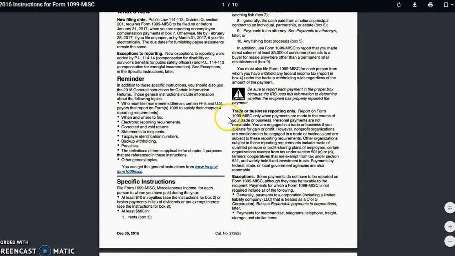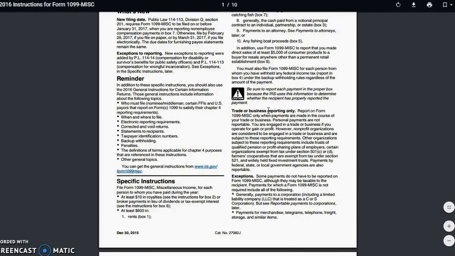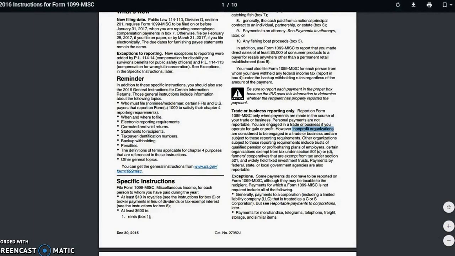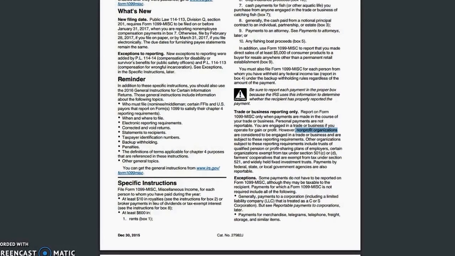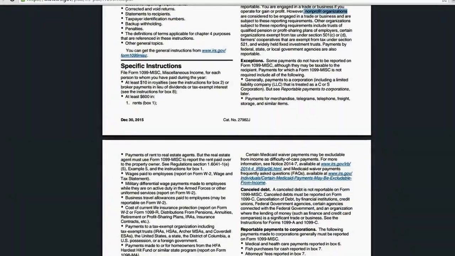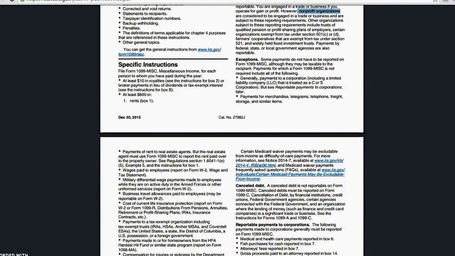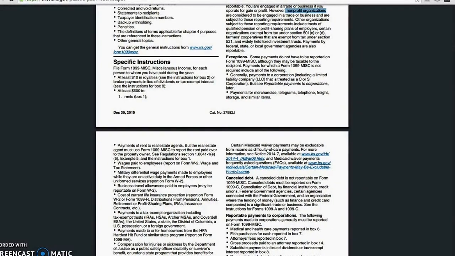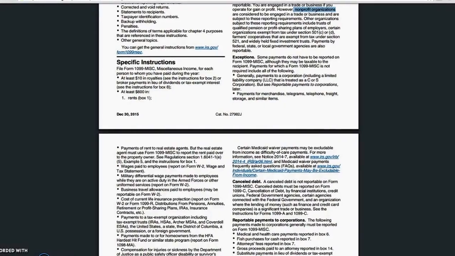Reiteration that trade and business reporting only, not personal reporting, and non-for-profits is a highlight. Non-for-profits are considered trade or business and are subject to getting and issuing, in fact, 1099s. And the instructions continue on with exceptions to the rules, what kind of 1099 it is. But for purposes of what we're doing,